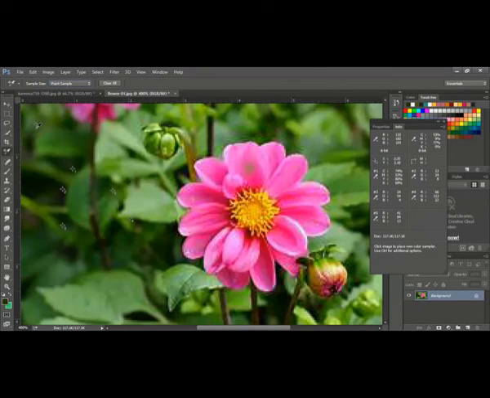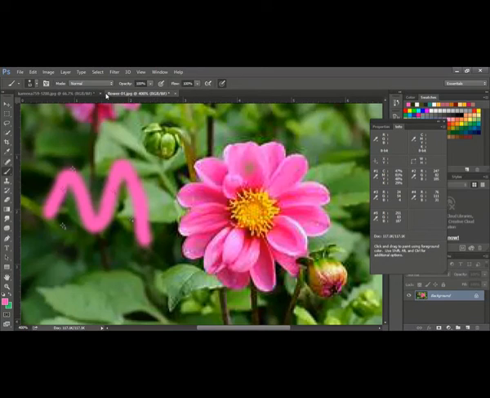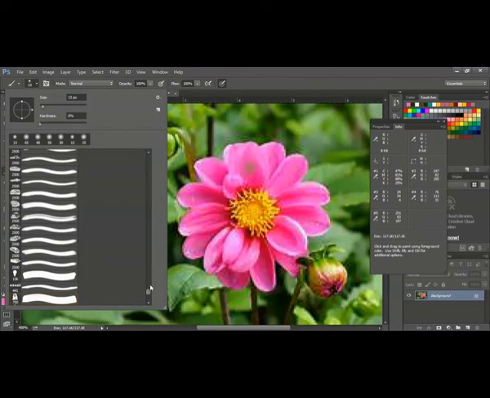And as I mentioned, when you use the eyedropper and you click, the foreground color is changed, and you get the foreground color. You can change it to a different pen size.